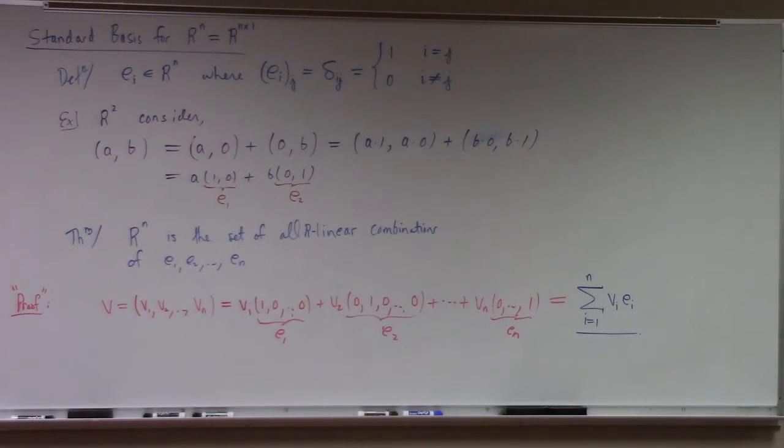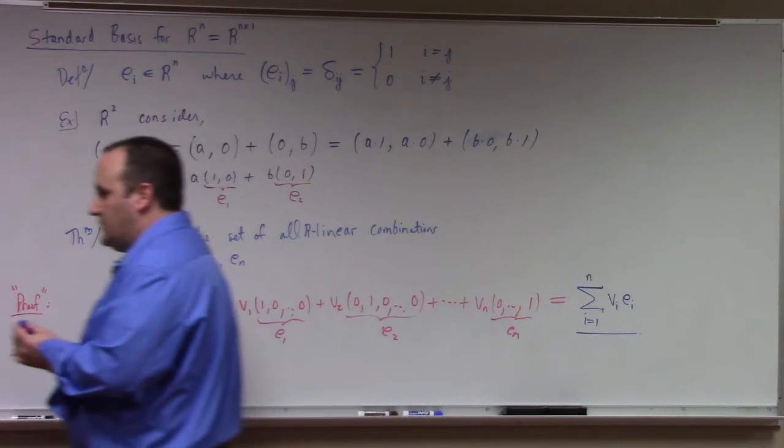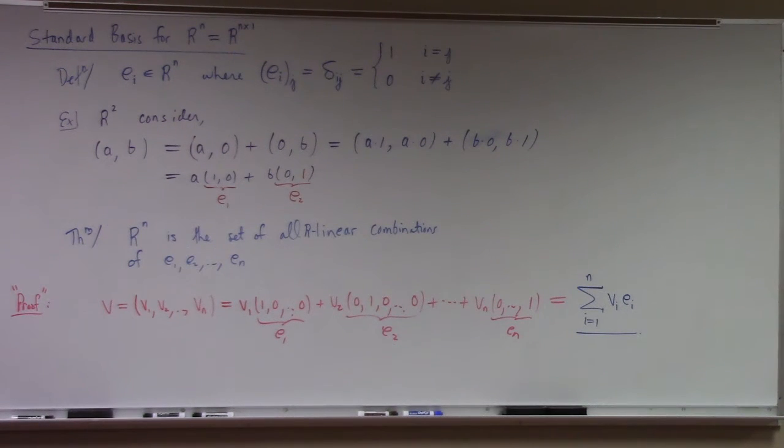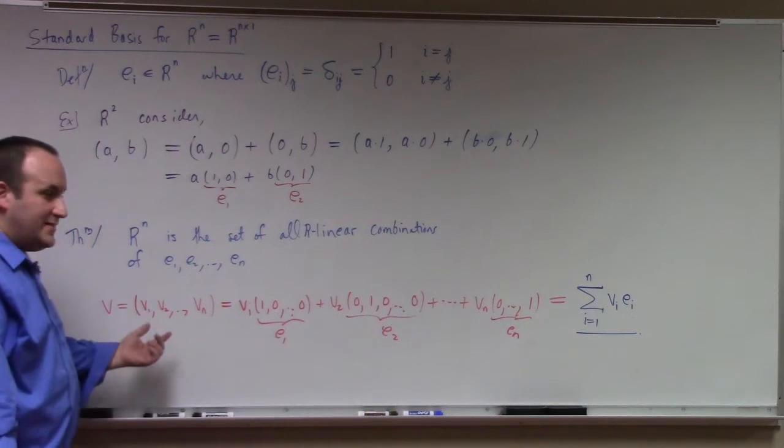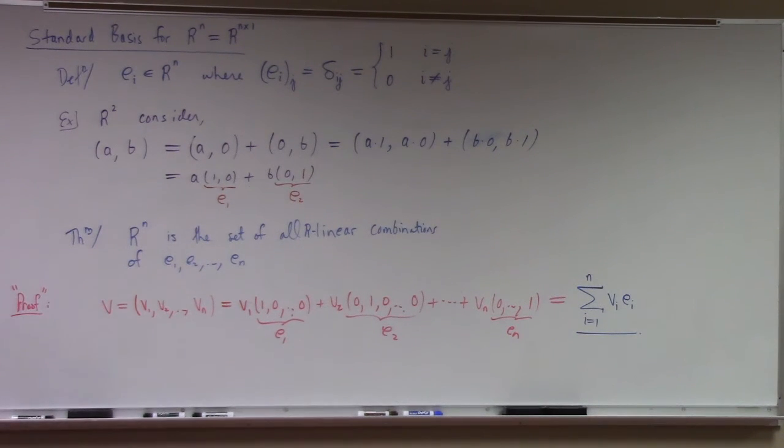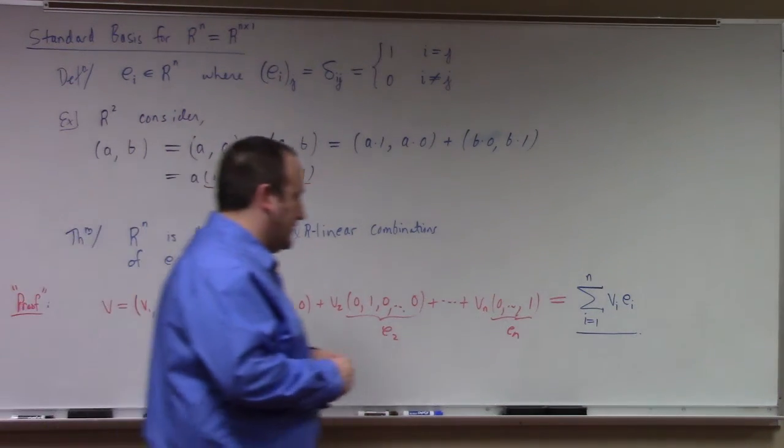All right? And it also should be somewhat apparent already that that linear combination is unique, right? There's no way I can get v from different linear combinations of E1 through En. If v is 2E1 plus 3E2, there's no way I'm going to be able to say it's also 5E1 minus 7E2. That's not going to happen. The choice of coefficients here, v1 through vn, uniquely defines the vector v. So that's how you build vectors from these standard basis elements.